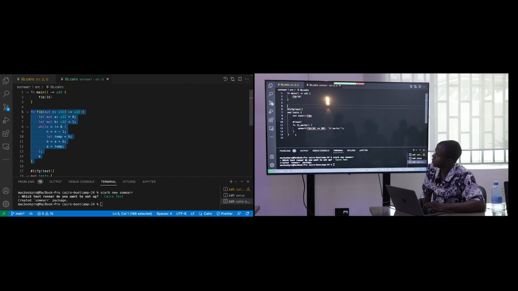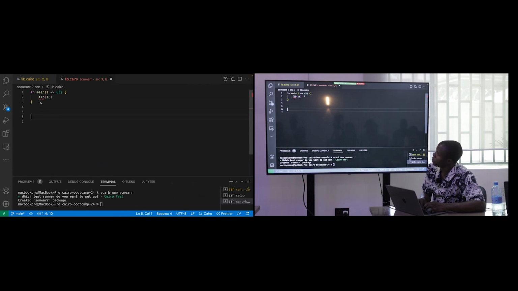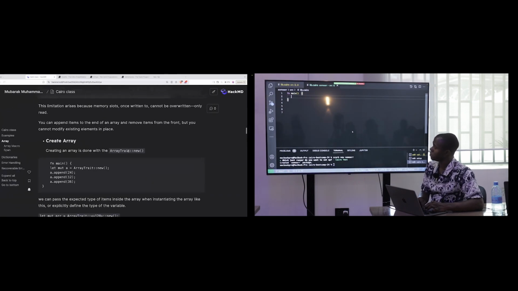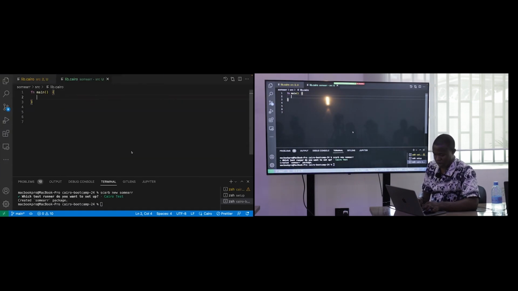Let's clean up this. Also clean up this. And I also want to clean up this. I want to have an array now. To define a new array, we say